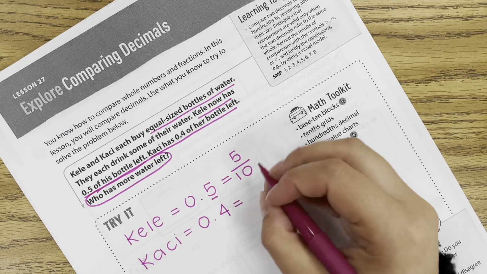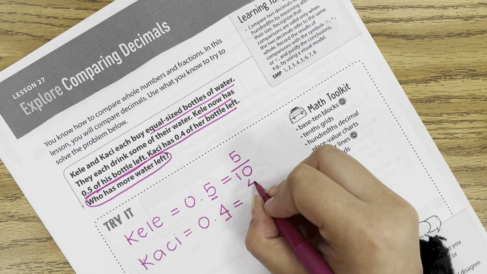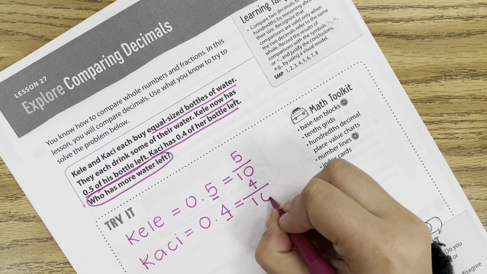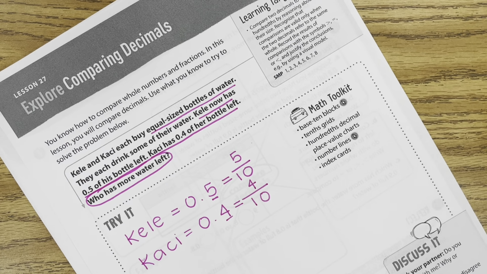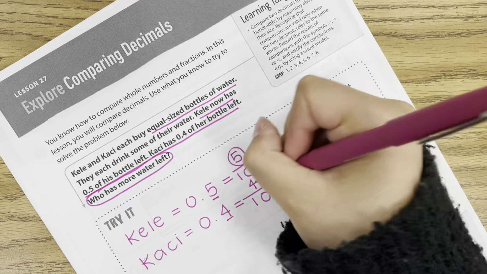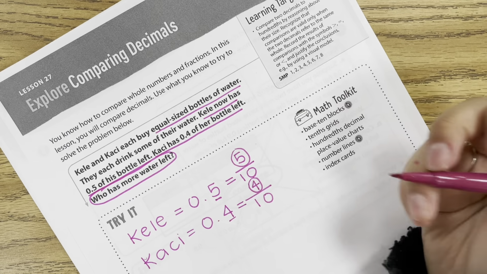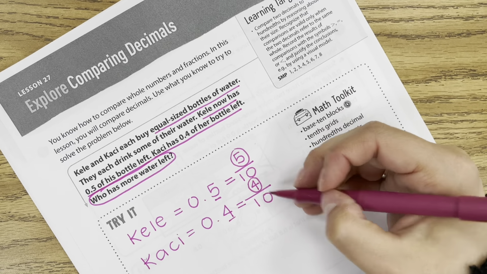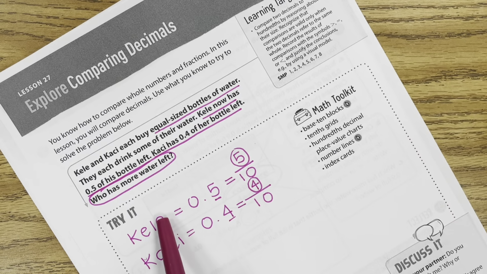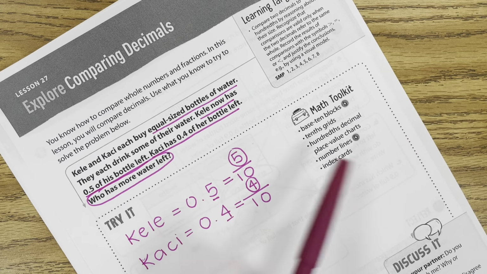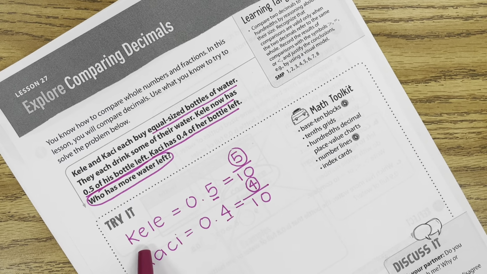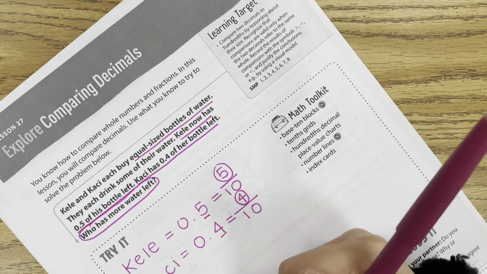Casey has 0 and 4/10, so using the same strategy, the 4 is going to be our numerator, denominator is 10, okay? And then it's easy. Which number is bigger, 5 or 4? 5 out of the 10 shaded or 4 out of the 10 shaded? Obviously, 5 is bigger, so who has more water left? That is Kelly. So we can say